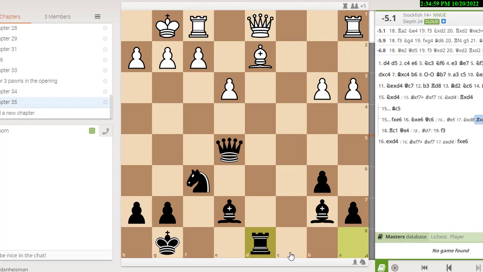If we go by Reinfeld numbers, white's up by 1 point. If we throw in a half a pawn for the bishop pair, white's up by half a point. But none of those is even close to the truth. The truth is that black is up by 5.1 because his pieces are monsters here, and those pawns are never going to do anything. The pieces are going to do everything here.